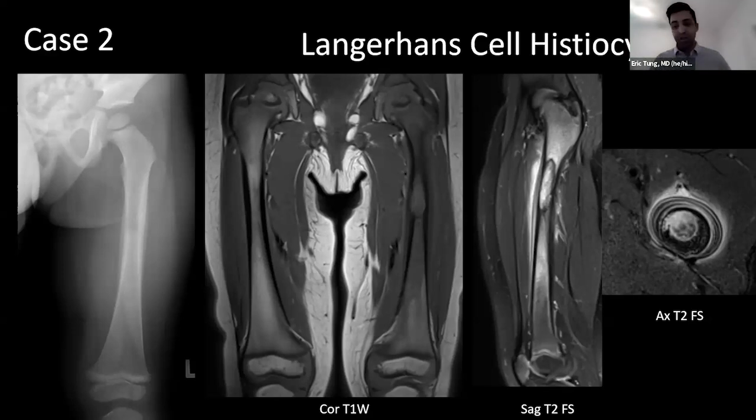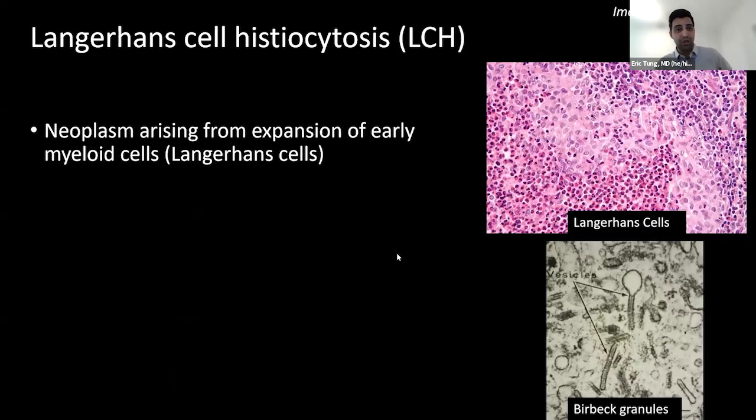And this can be very challenging, to make these diagnoses prospectively, but this kind of location and appearance of this central lesion with a lot of surrounding inflammation, especially in the femoral shaft, is kind of a classic look for LCH. And so LCH, or Langerhans cell histiocytosis, is a neoplasm arising from expansion of early myeloid cells known